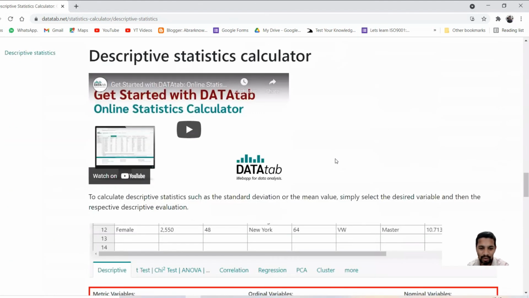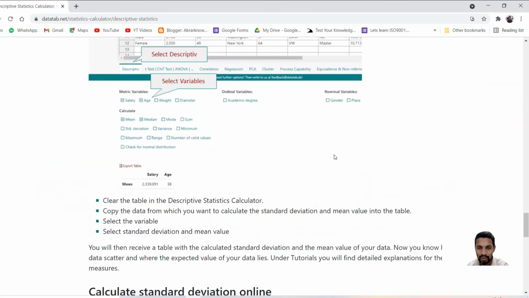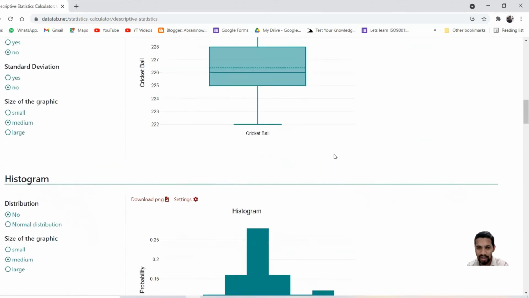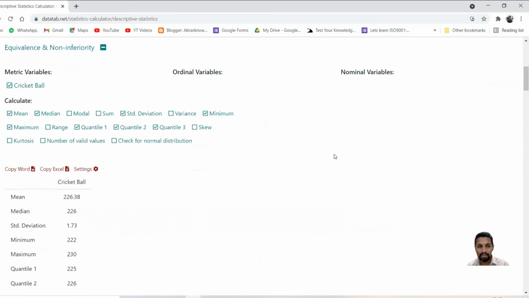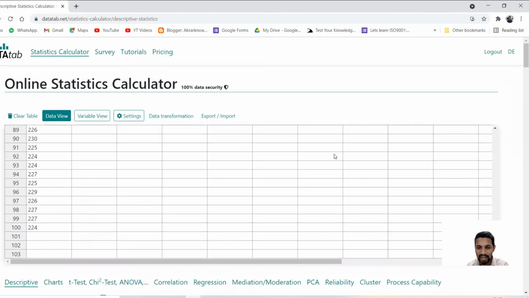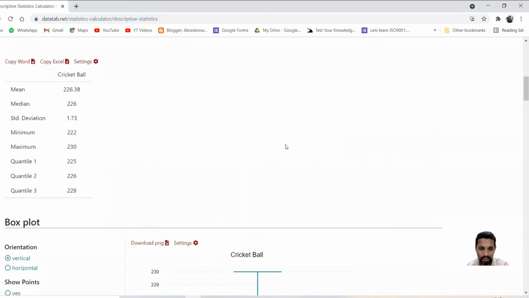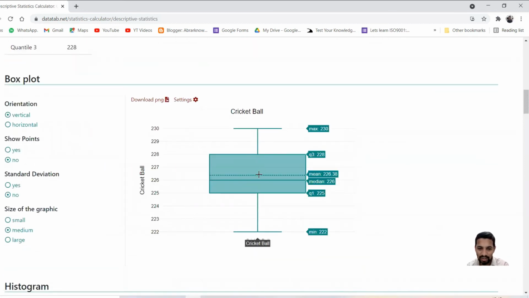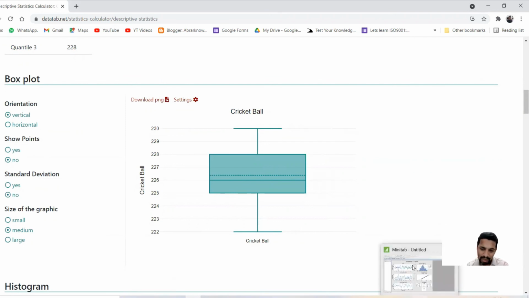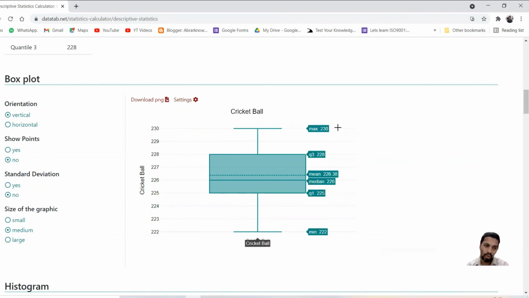So I hope you enjoyed this video, a comparison between Minitab and Data Tab. Both are very powerful tools. One thing which I like in this tool is it has more coloring and all that. We can also point it and all that. Same as all, but in Minitab also you can do it. The only thing is you have to go and do a navigation, brush it and all that to find more information. I hope you enjoyed this video.